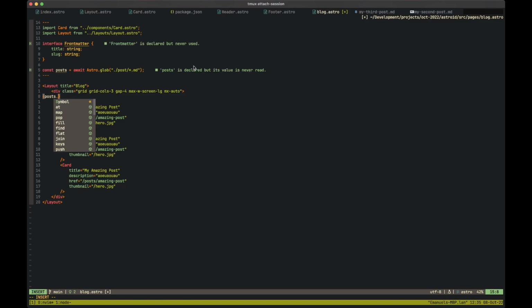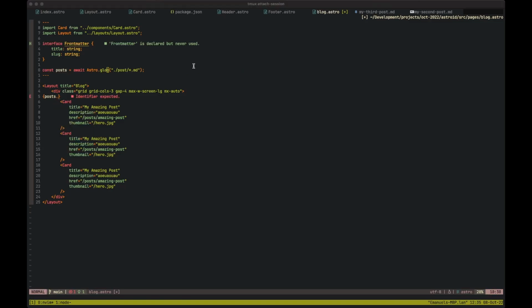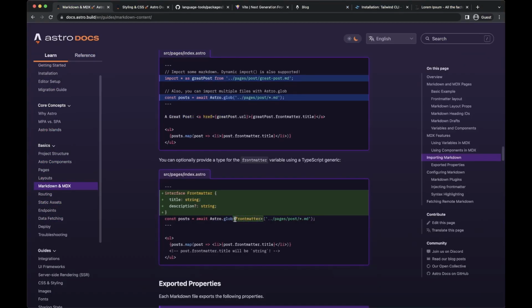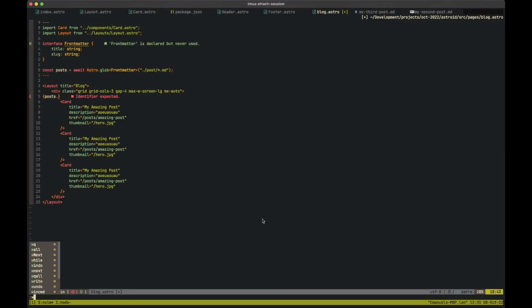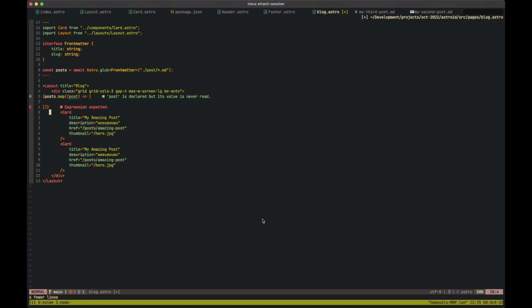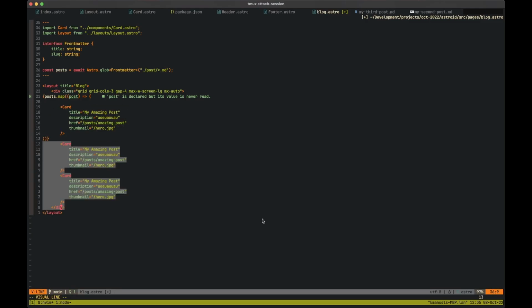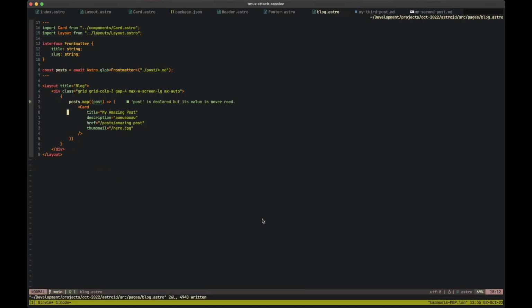So we want to go ahead, also before I forget, we need to pass in here this front matter. So I'm simply going to go ahead and copy this. And now we want to go ahead and map. Then we want to grab each one of the posts. And then we want to pass a card in there. And now, as you can see, it says here the post is declared but never read, and that's because we want to go ahead and add in here